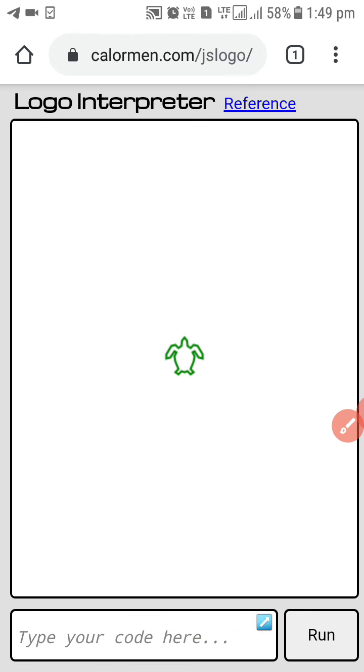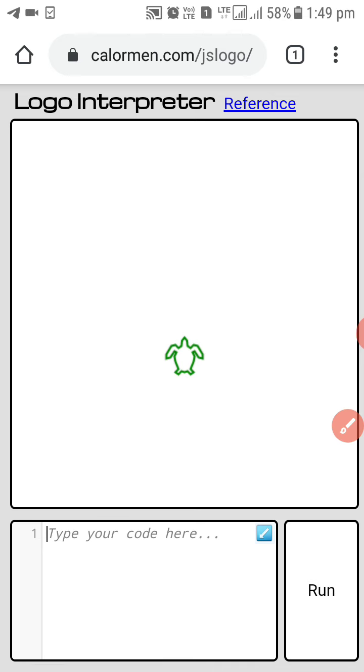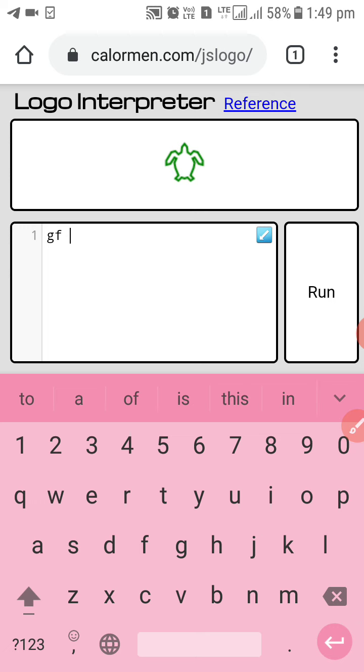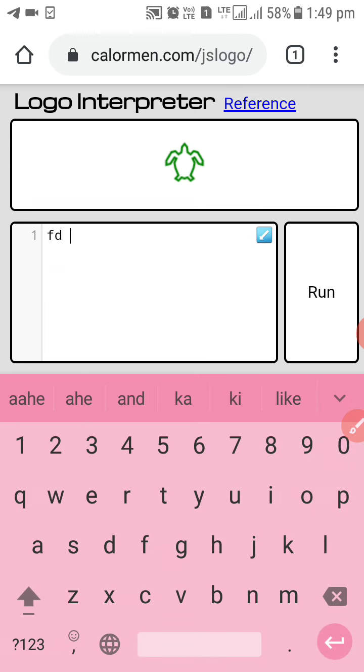Now first of all, let me click this particular button. Okay, here when you click, full screen mode will be opened, right? So let me write here FD 100. What will happen?